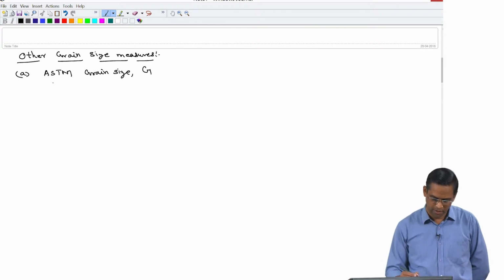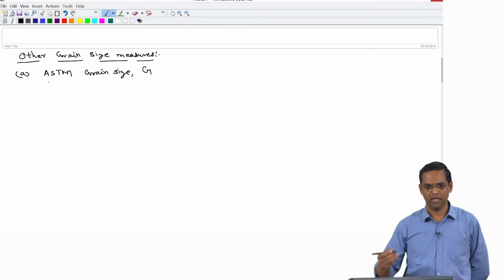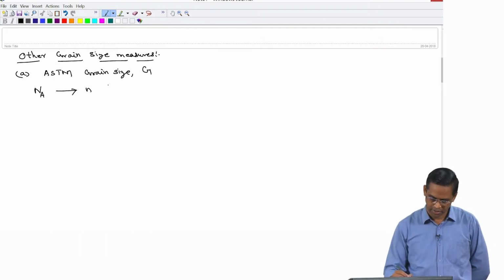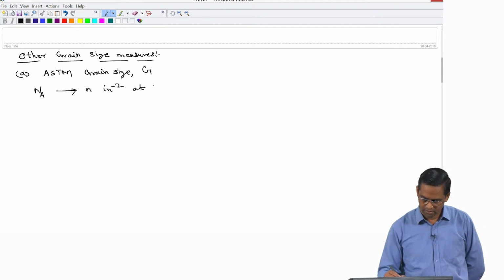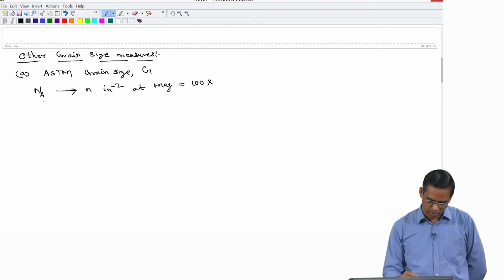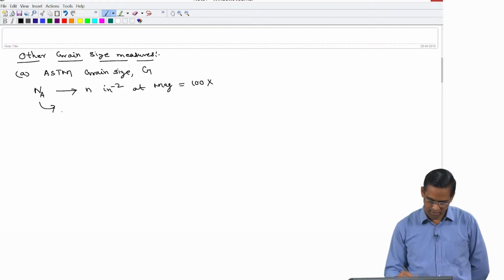It says the number of grains per unit area at a given magnification. Basically it is number per unit area, given as number of grains per inch square at a magnification of 100 times. So, this is how ASTM grain size is defined, but we can look at that for a